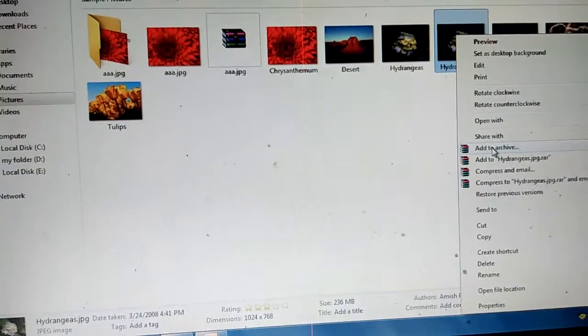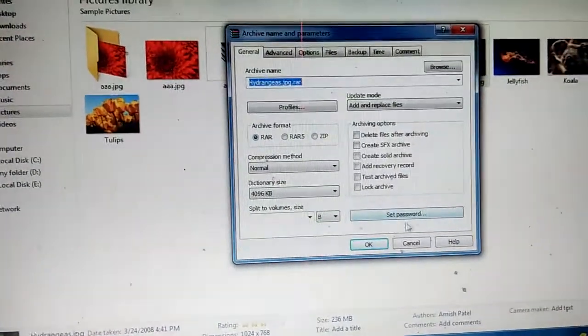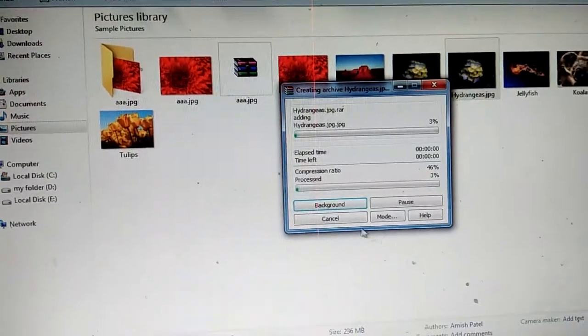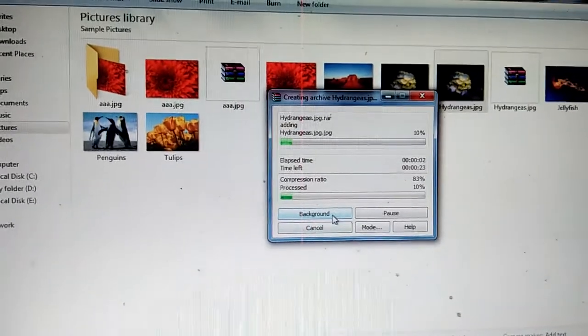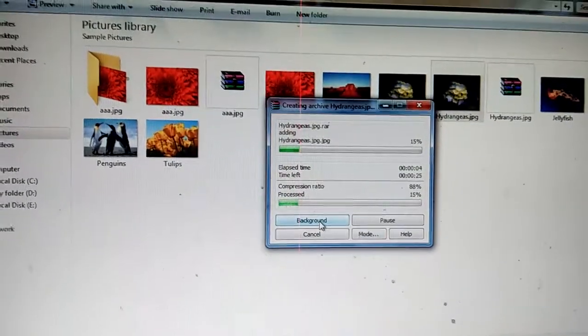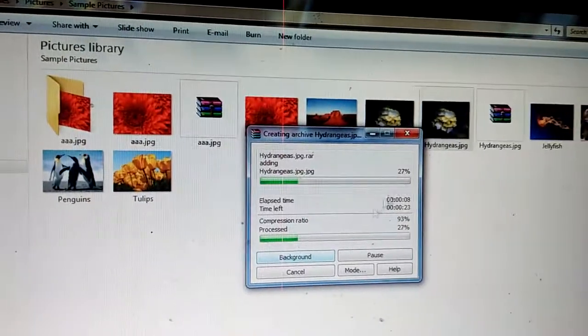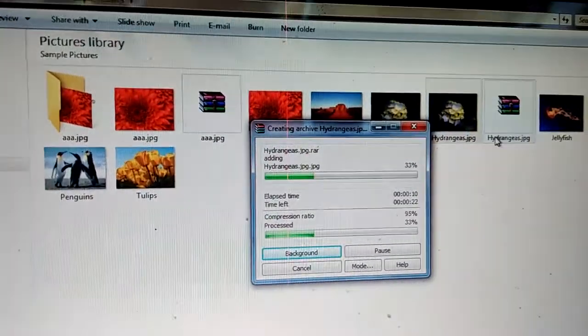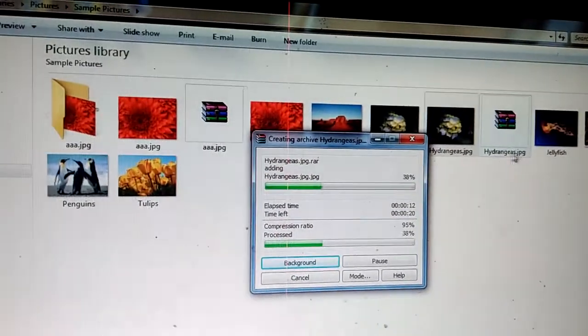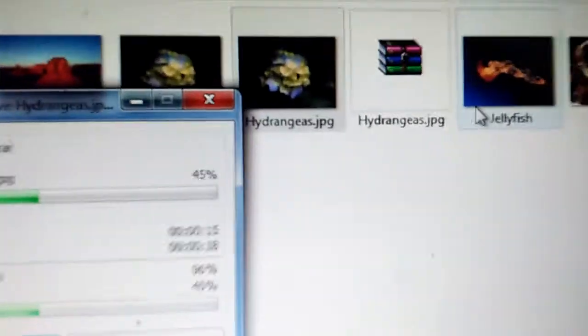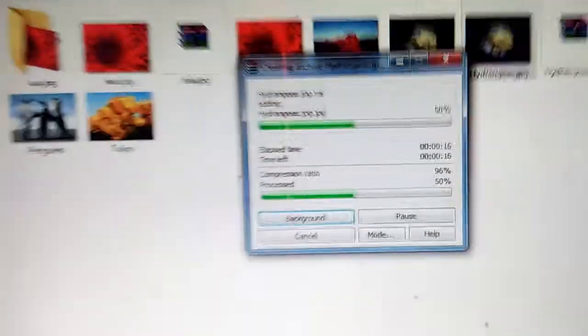If we select add to archive, we add it to the archive. The process will run, and after that the folder has been created named hydrangeas.jpg, as you are seeing. This is the folder.